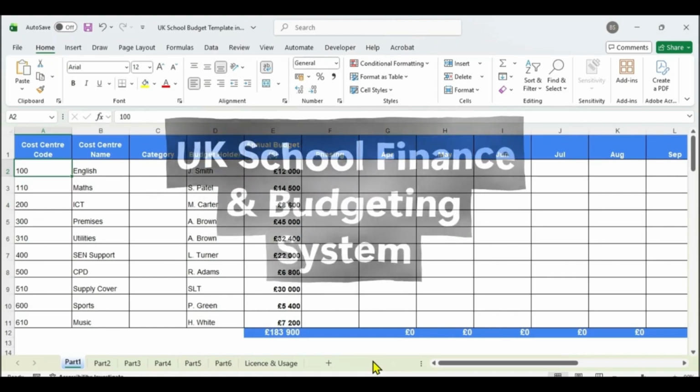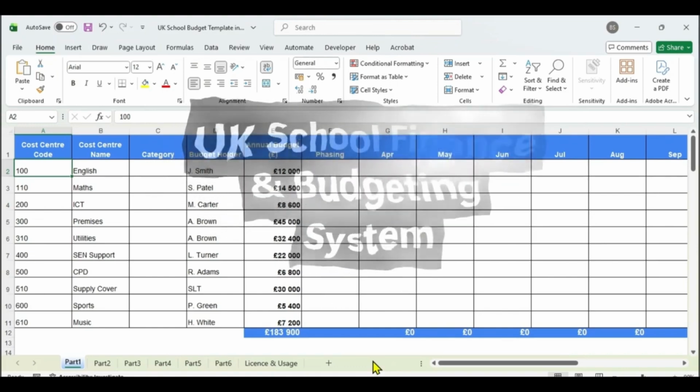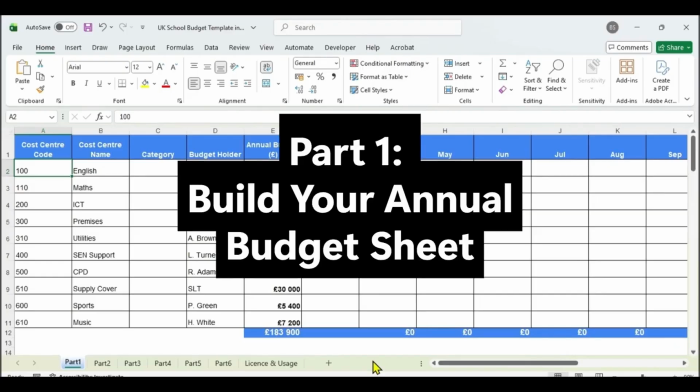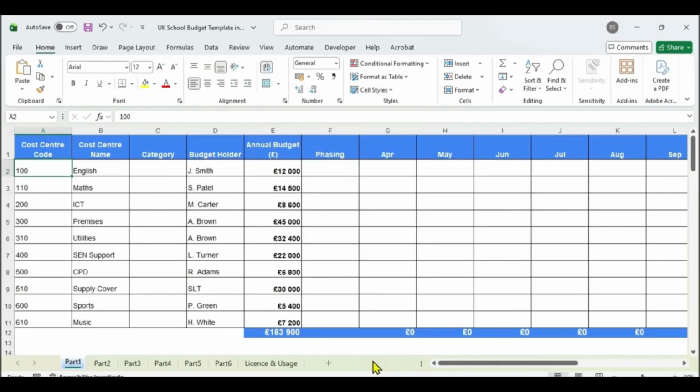Let's kick off this UK School Finance and Budgeting System Excel Toolkit with Part 1. In Part 1, we will look at our budget setup. In this budget setup sheet, we will store our cost centers, categories, annual budget, and monthly phasing with totals as